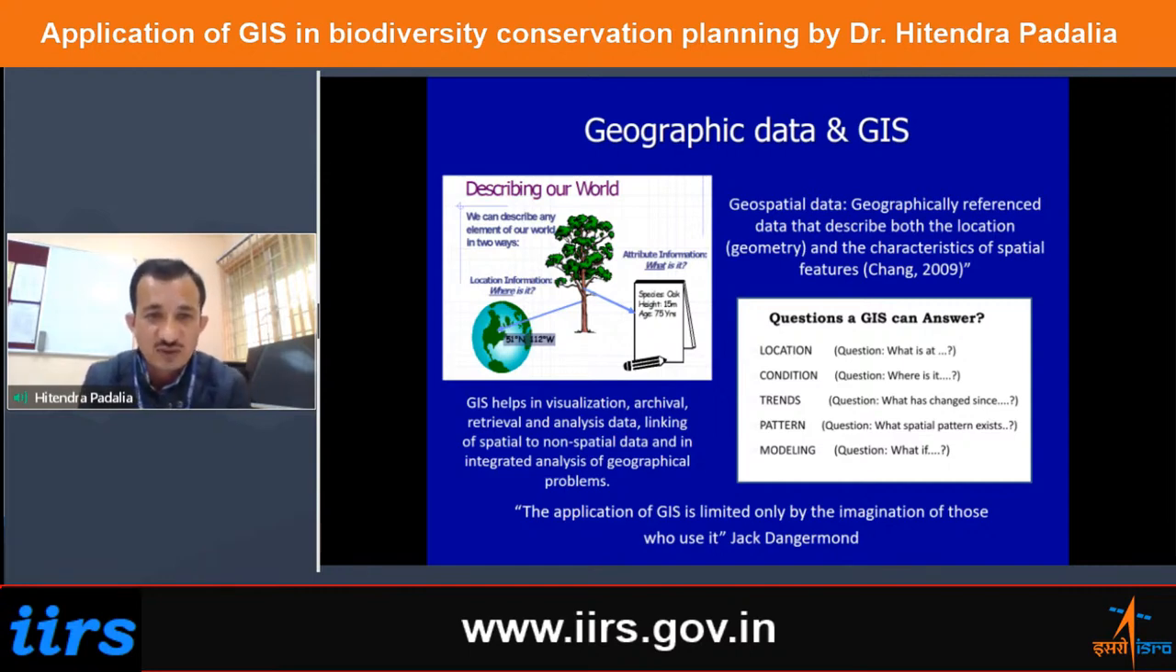Finally, we use GIS for effective decision making based on scientific data and databases, and also to generate future projections based on these data and the trends in the data. So it gives you the answer to where the biodiversity is located and what the condition of biodiversity is, for example, what the trend of deforestation over time is, what the pattern of deforestation is, and then modeling, as I said,